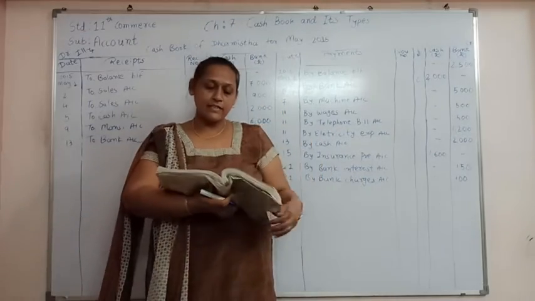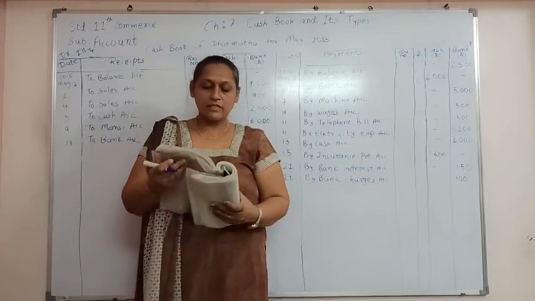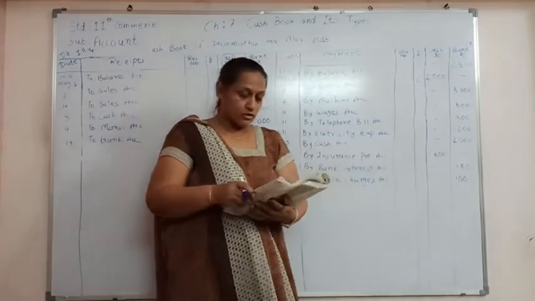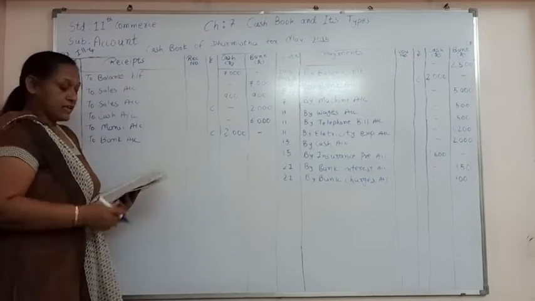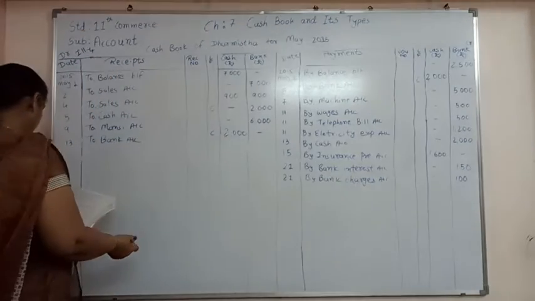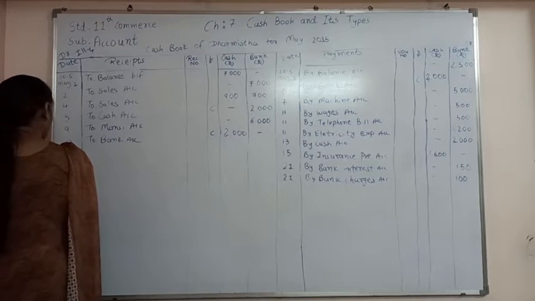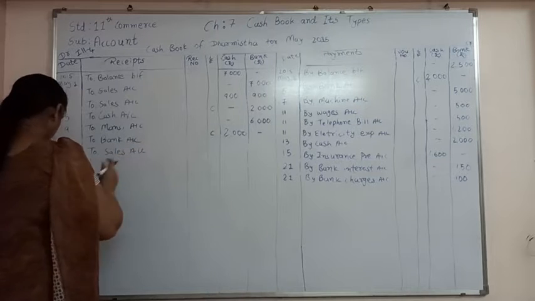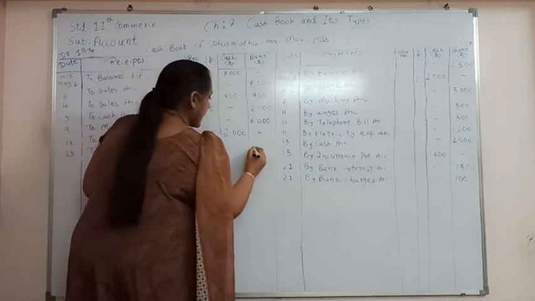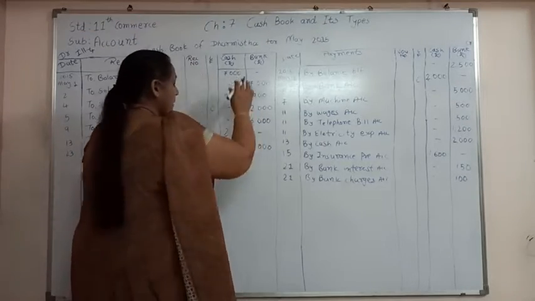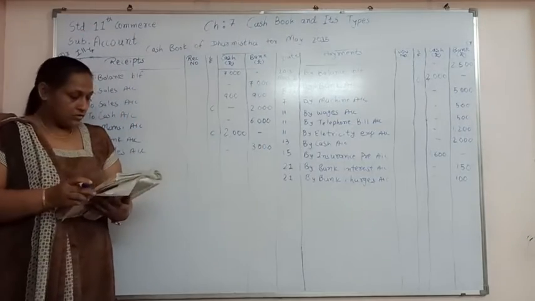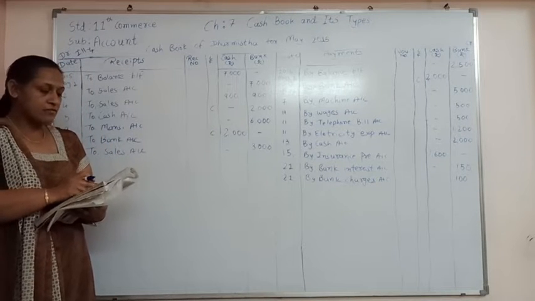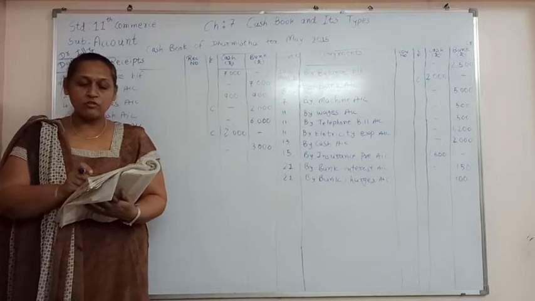Now let's see date number 23. Goods of rupees 3000 sold to Dharti. Cross check is received. So we have sold the goods, and for that we have received the check. So that is called cash sales. We are going to write down 23 to sales account, that will be 3000. As we have received the check, we will write in the bank column. So for that.